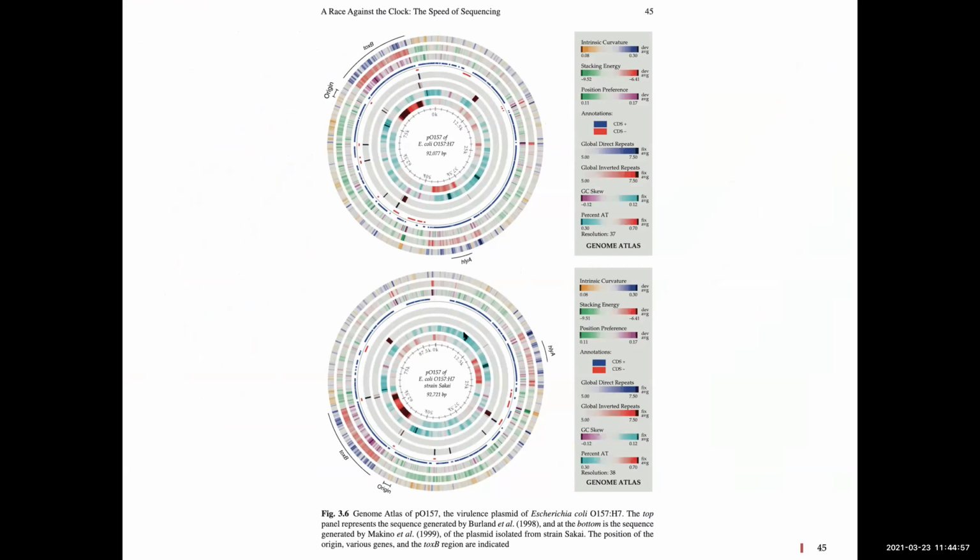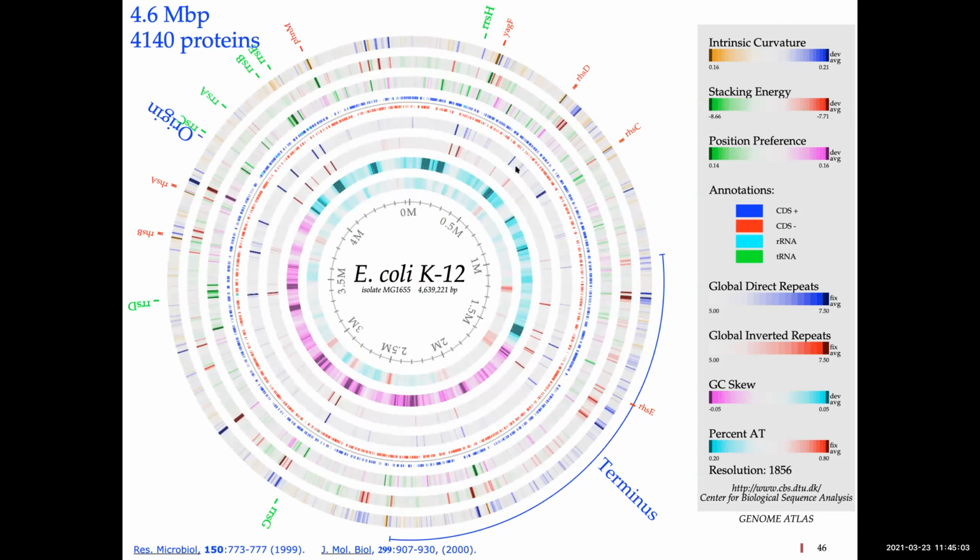But this is, again, just a way of visualizing what's going on for the genome sequence. This is now the whole E. coli genome. You have these structural parameters on the outside, and here are your genes. Then you're looking at repeats here, and then you're looking at GC skew and the AT content. This is looking at it all at once, and this is a big thing. It's 4,000 proteins, 4.6 million bases,